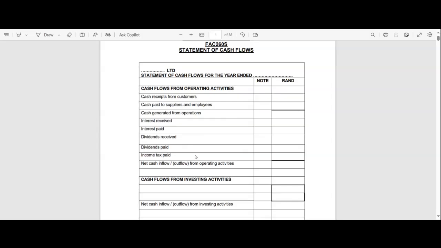Now that I've said that, ladies and gentlemen, we're going to go to the note, which is totally the opposite. Okay, it is totally the opposite. In the note, the indirect method, there we are going to disclose incomes, certain incomes, and certain expenses, which we'll talk about now in the next 10, and what have we got? We've got about 20 minutes, 18 minutes left, right? We're going to talk about that.